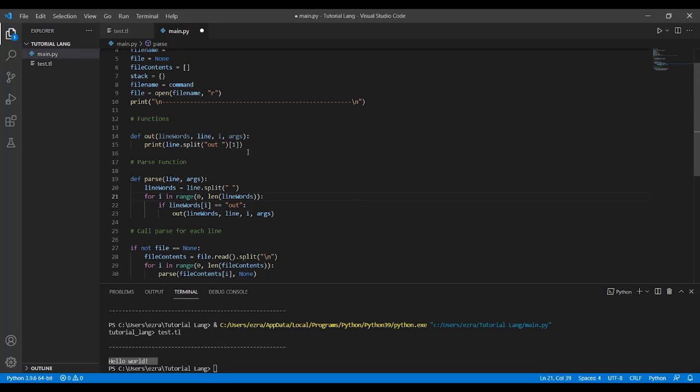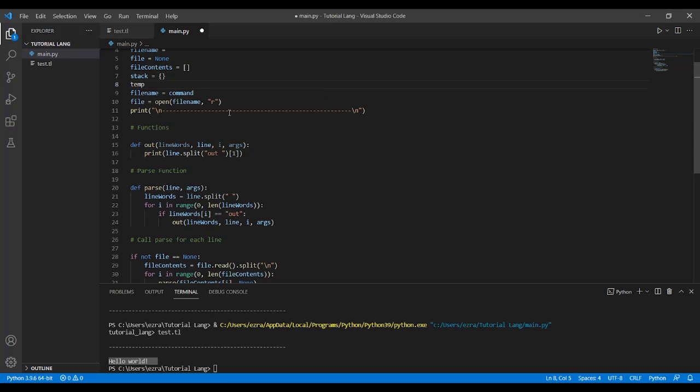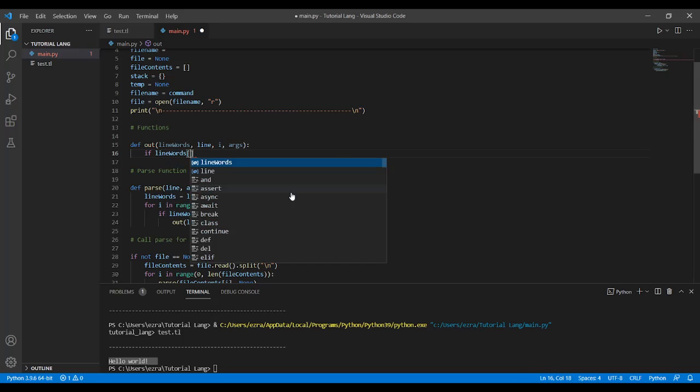Yeah. And let's say we want to do math. Well, we have to make a variable called temp, set it to none. So we're not setting a type for it, and that is going to be very helpful. So when we're done using temp, we reset it to none. And what we want to do is cut this. If line words i, so we're getting the second word after out, if it is equal to a plus sign,